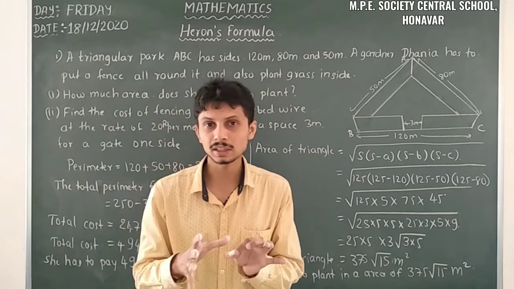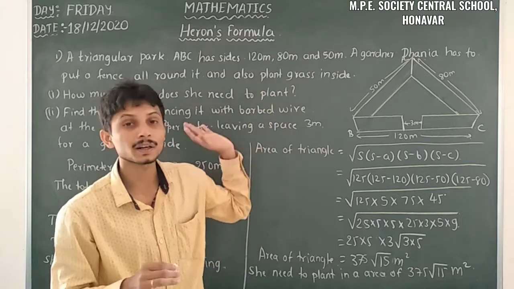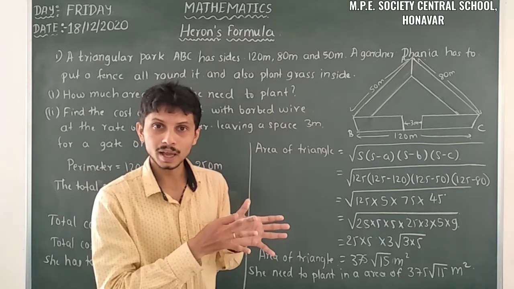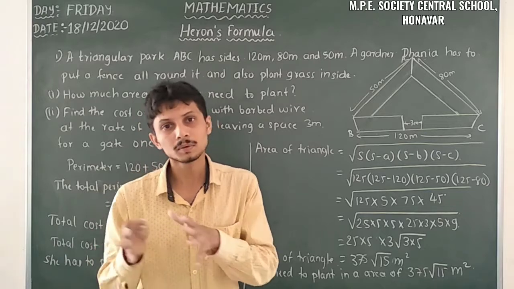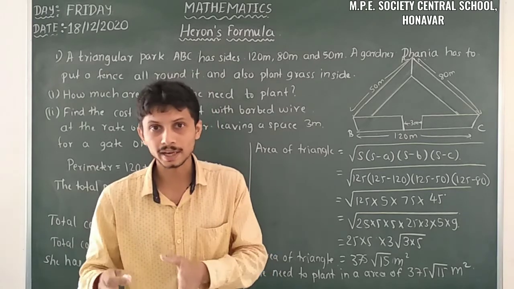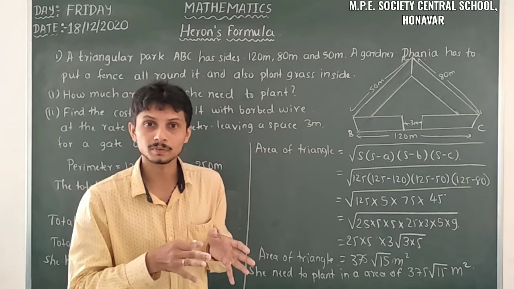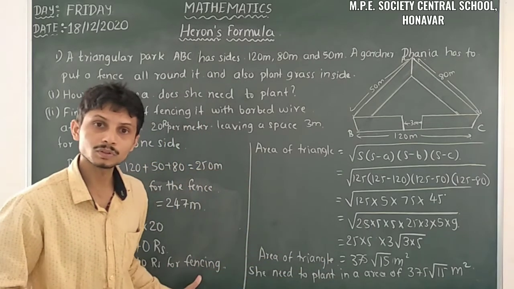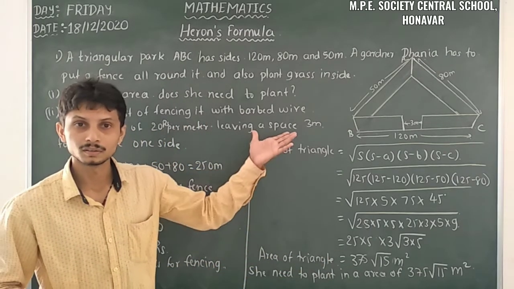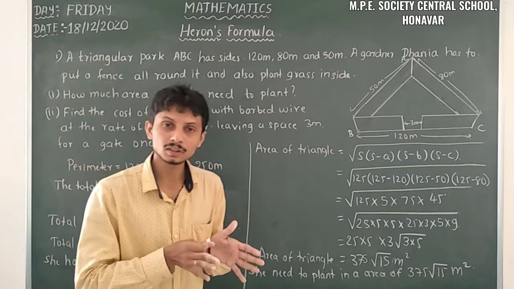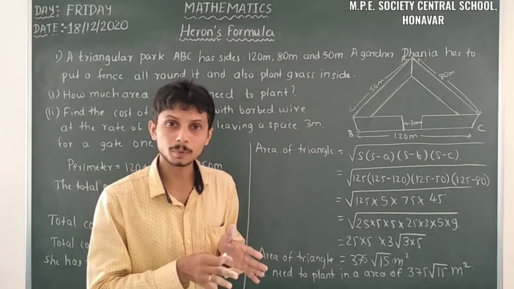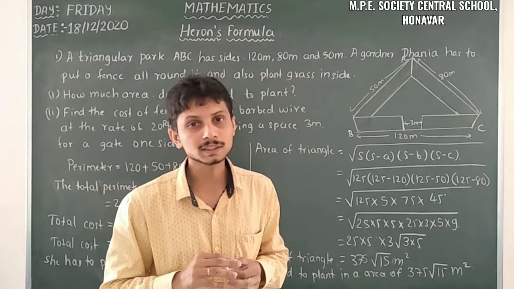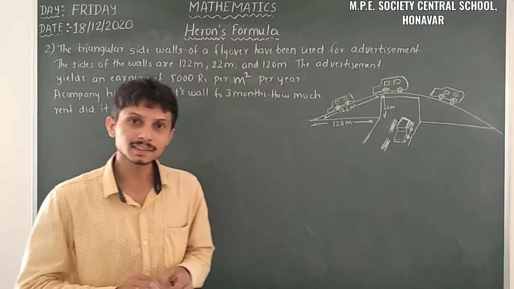So this is the situation like problem. Sometimes here a triangular part we have, like that. But whatever the thing we have here, we need some triangle and some sides of the triangle, and total perimeter we want, and then area of triangle we have to calculate, and using perimeter we can calculate the total cost here. So which one we want changes according to the problem. So let us take the next problem. Yes, let us take the second problem.